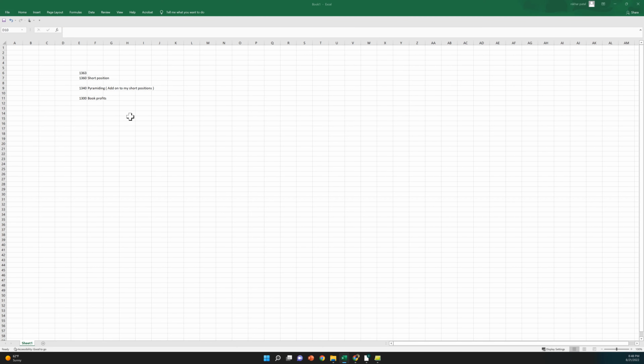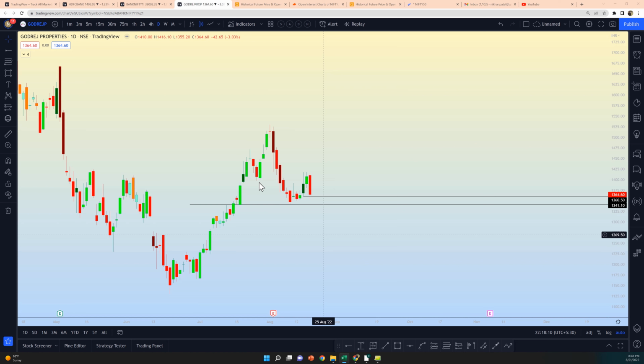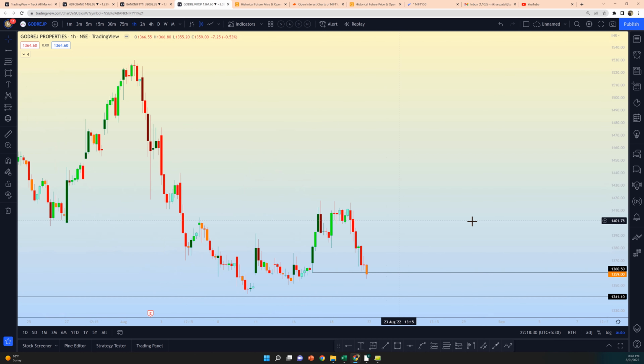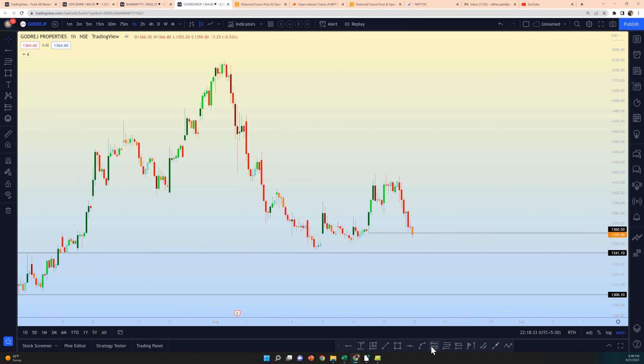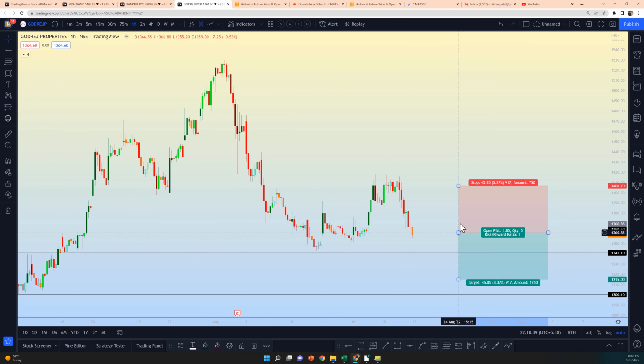Then what I was saying is that I would book my profits at 1300. All right, then let's now look at the 1300 level. It is somewhere here. All right, so this is also making sense. So how I would do my trading plan is I would go to the 1 hour chart and create a short position here initially at this breach, which is 1360. I would keep my stop loss above the swing high so that I'm relatively safe, and I would drag my target to here, which is a whooping